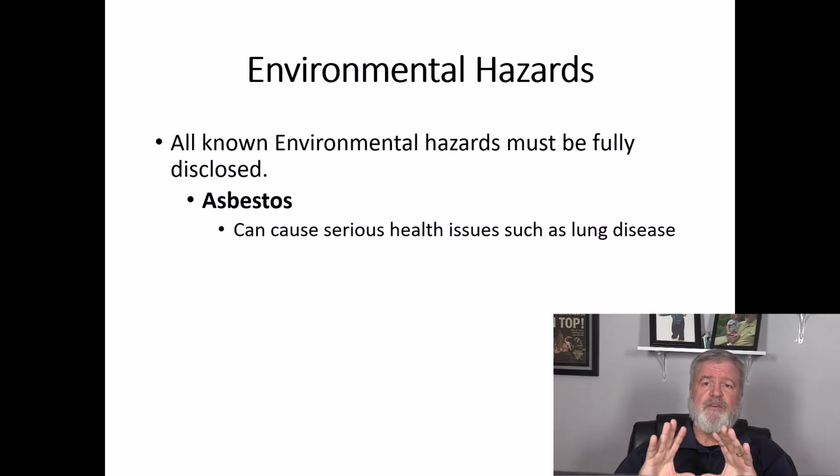I'm not suggesting you need to know this date necessarily for test purposes, but I will just tell you, if you've got a house that's, say, built in the 1970s or before, good chance everything about that house, according to the experts, will kill you. But apparently in the 70s is when we got smart and realized, number one, asbestos is bad for you. And it can be. I don't mean to make too light of it, but